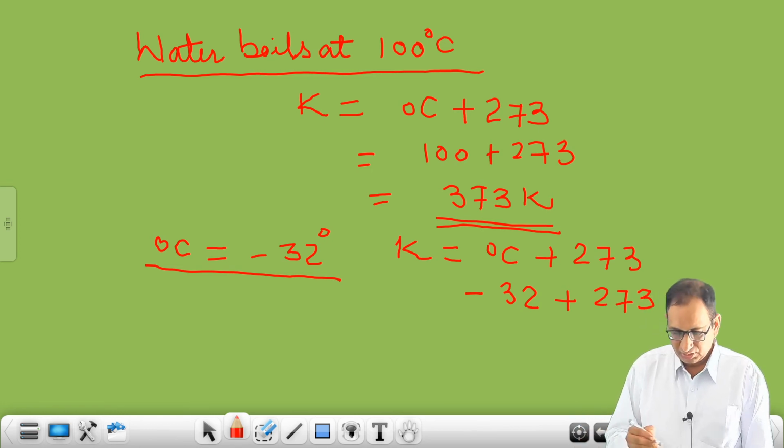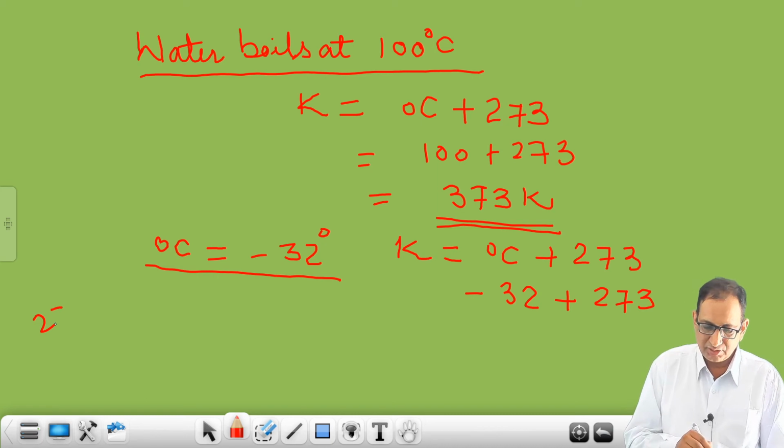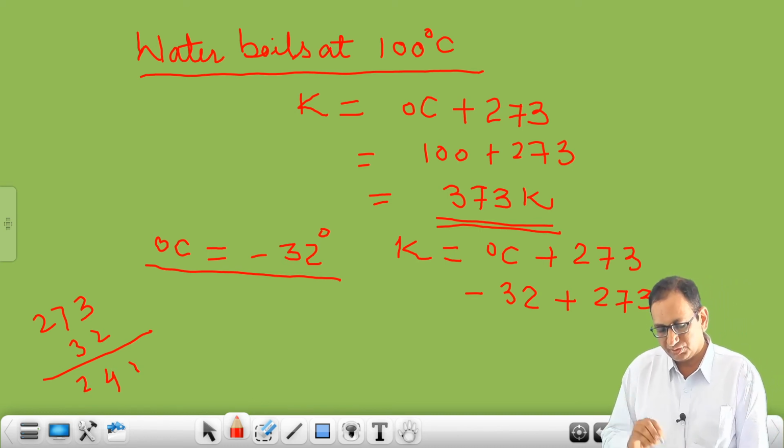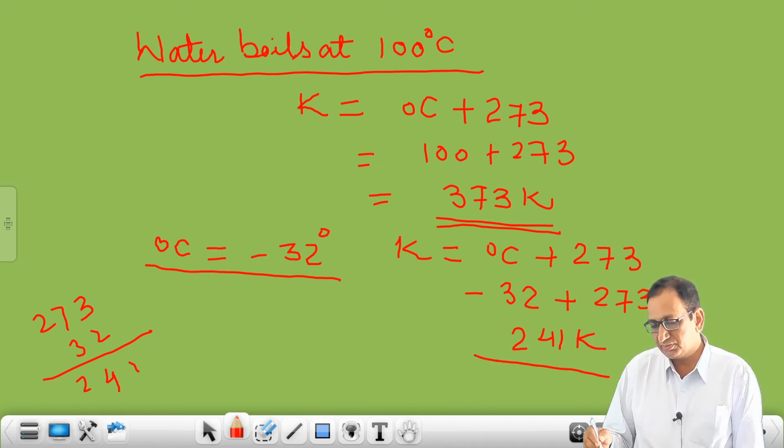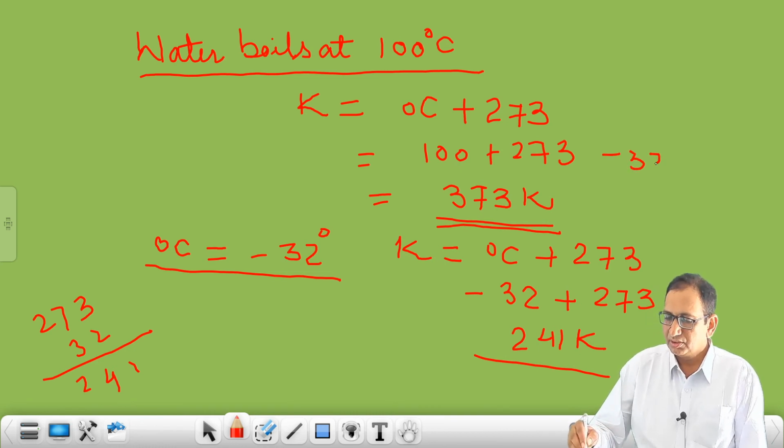So students, if you subtract 273 minus 32, then 3 minus 2 is 1, 7 minus 3 is 4, and here 2. So the answer is positive, plus 241 Kelvin. So students, this minus 32 degree Celsius